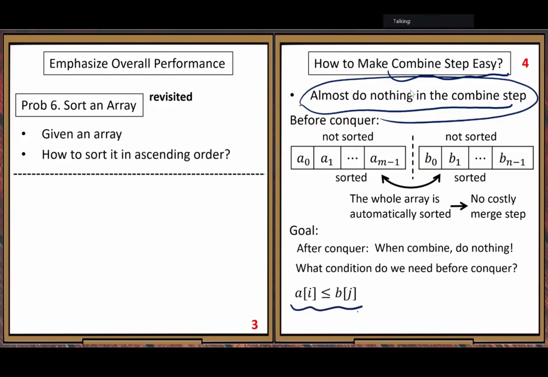The value of each element in the first subarray is smaller than or equal to the value of any element in the second subarray. A of I, you can choose any I in the first subarray, is less than or equal to B of J, you can choose any J in the second subarray.